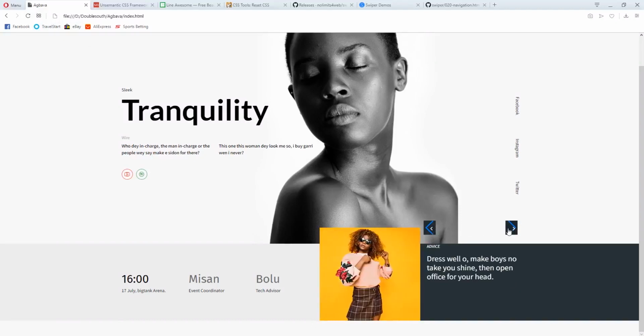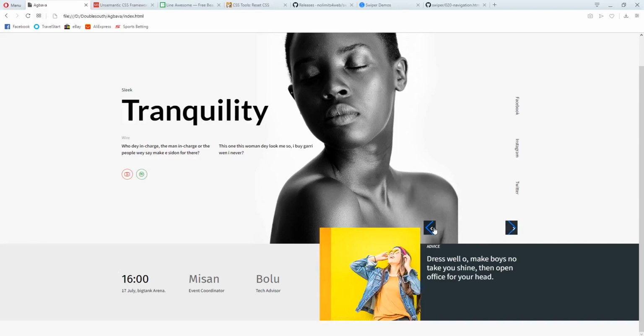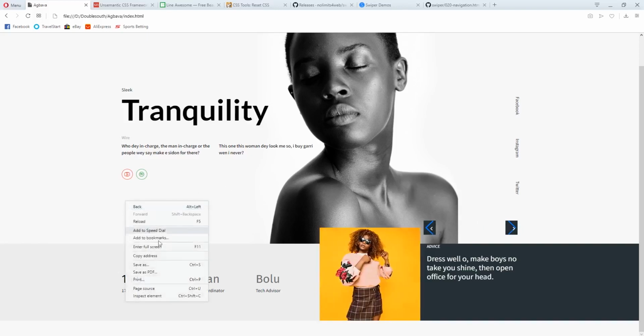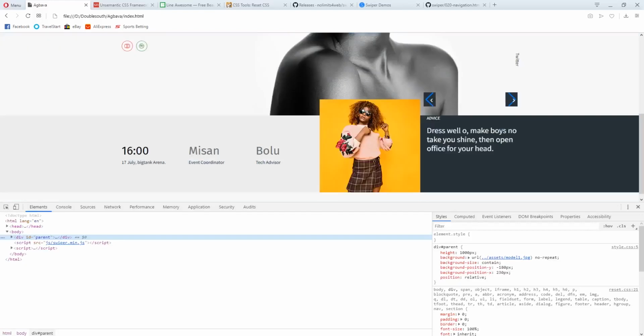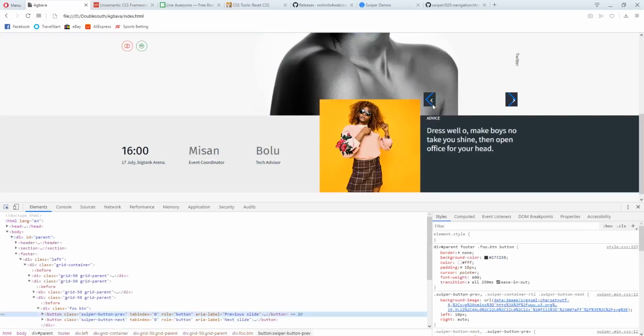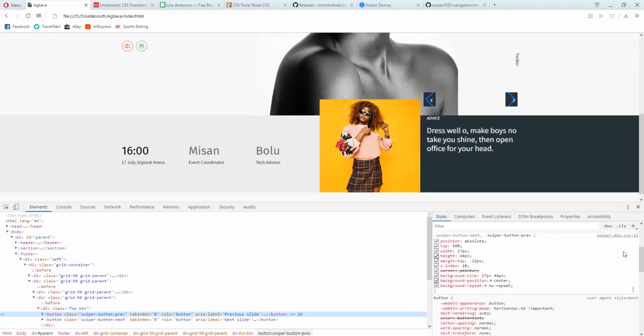But we need to do it in such a way that our button will resemble the way we want to make it before. So I'll just inspect the element quickly now. Let me see what it is like. Select this button. You see their CSS file here now.